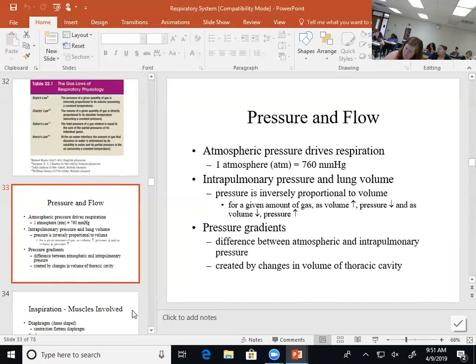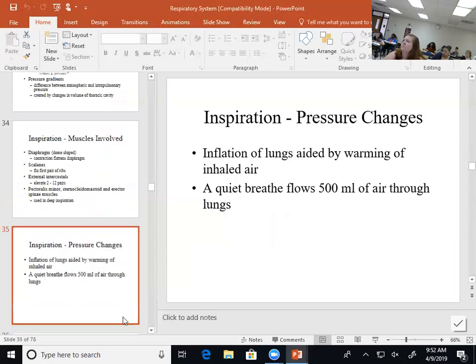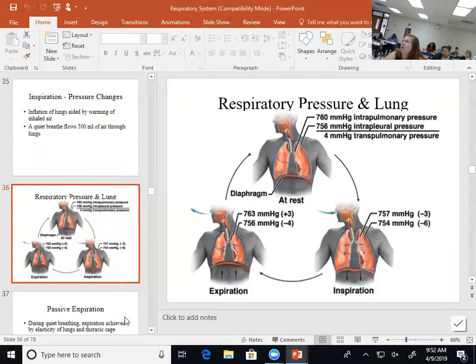Are you sitting there going, well, you probably are if you have emphysema or some sort of lung disease, but are you doing that? You're not having to do that, are you? So why is air moving in and out? Why? And I really want you to know the reason that air is moving in and out is because as